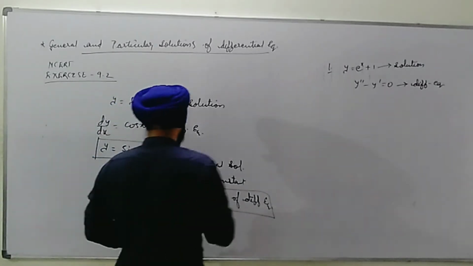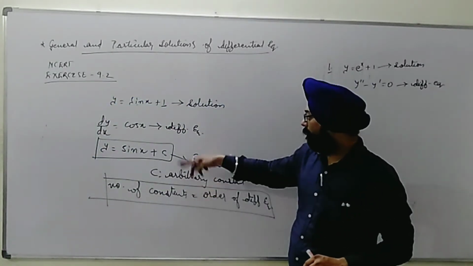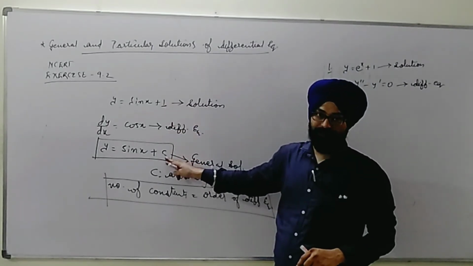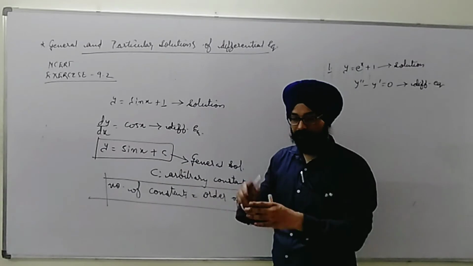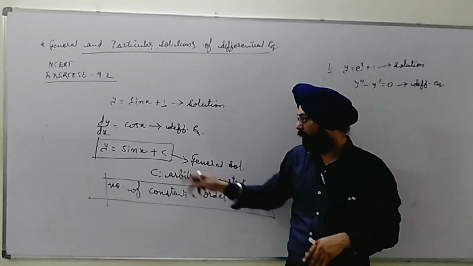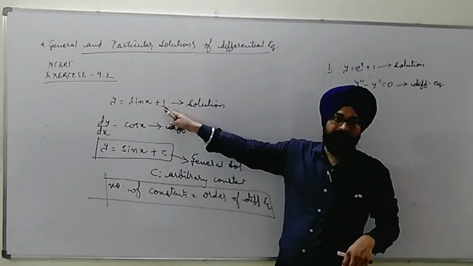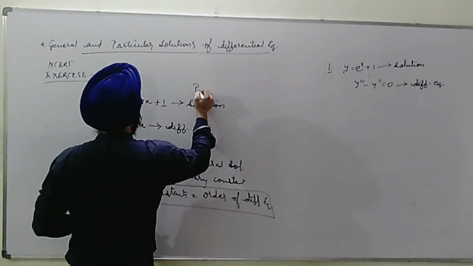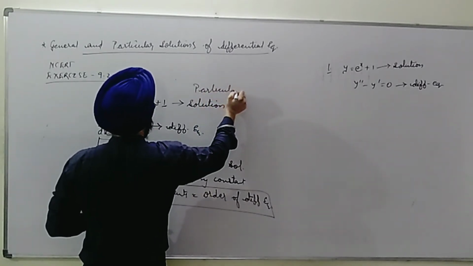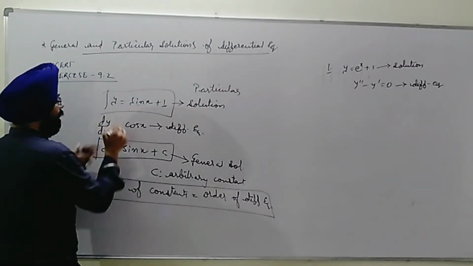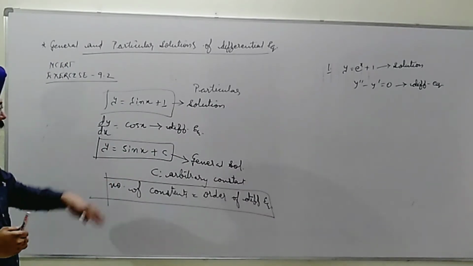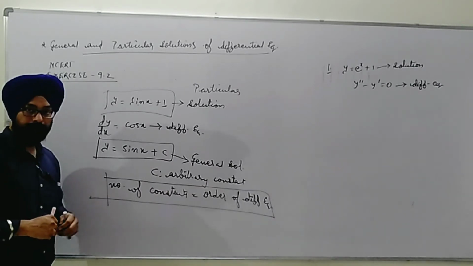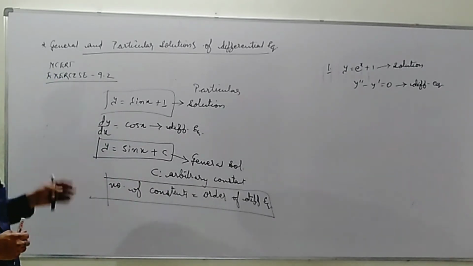Now, this was the general solution. When we have the constant with a particular value, not like c or any other a1 that we put as an arbitrary constant, but a fixed value, this type of solution is known as a particular solution. Particular means this is a fixed solution; other than this no solution will be there. These solutions are obtained by putting the conditions given. Like here we will go ahead with the 9.2 exercise.